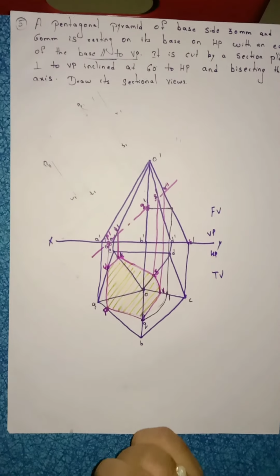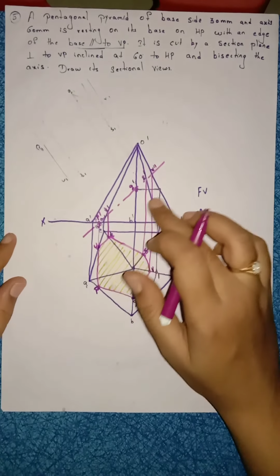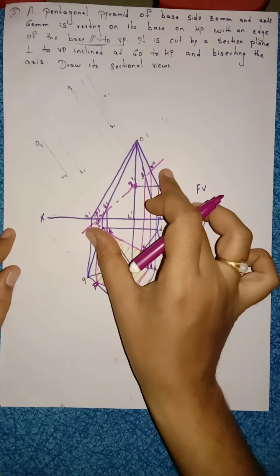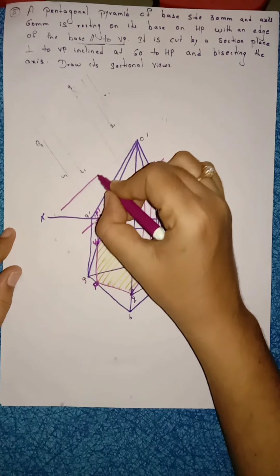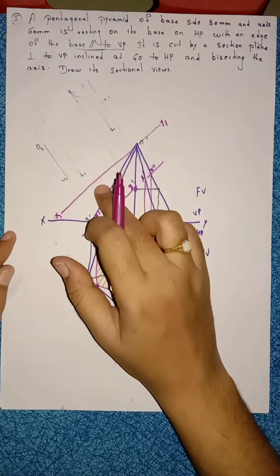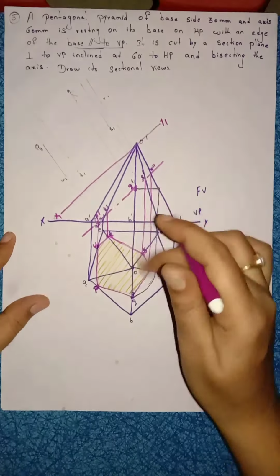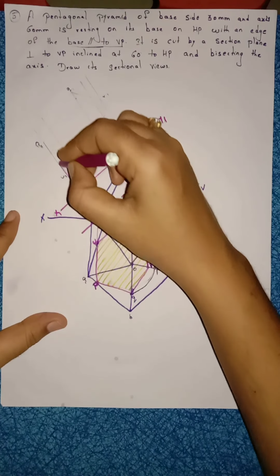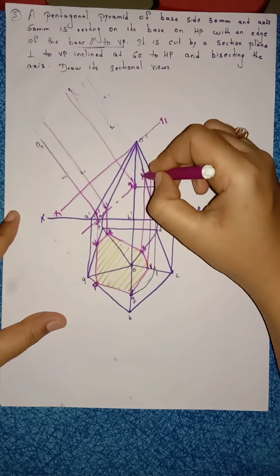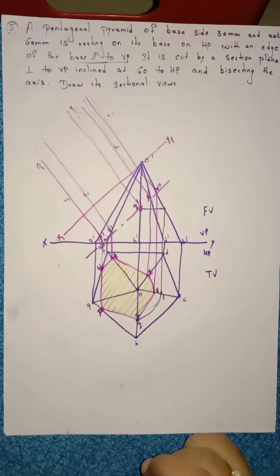Draw the hatching lines. Now, after completion of this, what do we have to do? This is your sectional plane. Sectional plane is in an inclined manner. Now, exactly parallel to this sectional plane, draw a reference line. Name it as X1 Y1. After drawing this line, we have to place the protractor on this sectional plane. From P mark 90 degrees, from T mark 90 degrees, from Q mark 90 degrees, from S mark 90 degrees, and from R mark 90 degrees.